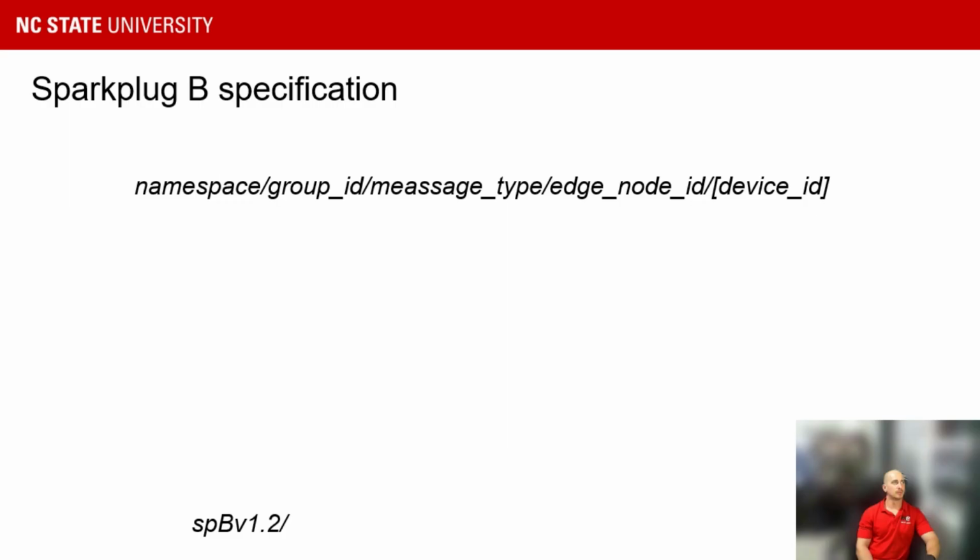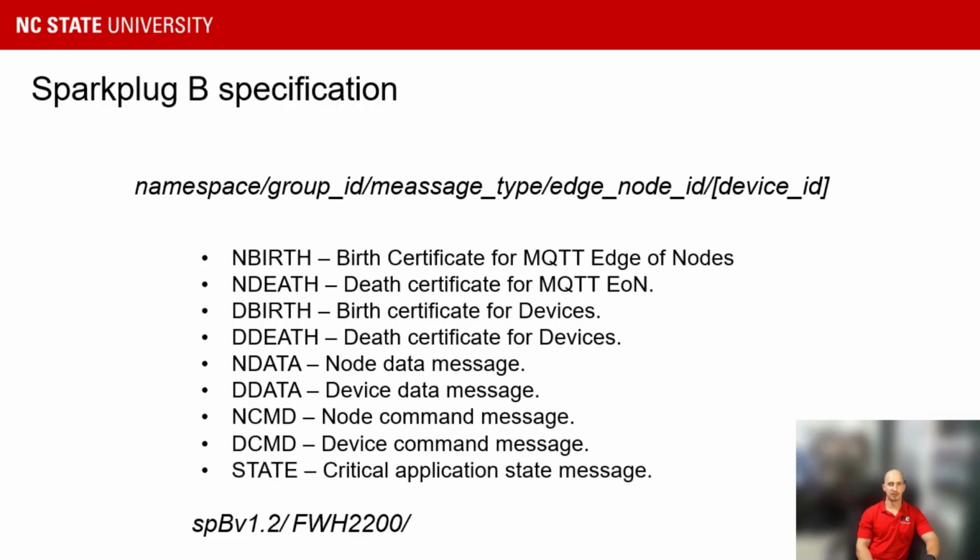It is followed by group ID. In our case, that was FWH2200, which is the location of our lab. It is followed by message type. As you can see, it can include different messages like birth and death certificates, data, command, or something else. It is then followed by edge node ID. So in our case, we take DData and RPI VF21, which means Raspberry Pi VF21 machine, and the device ID. In our case, it is NGC, New Generation Control, but there can be several devices connected to the Raspberry Pi that